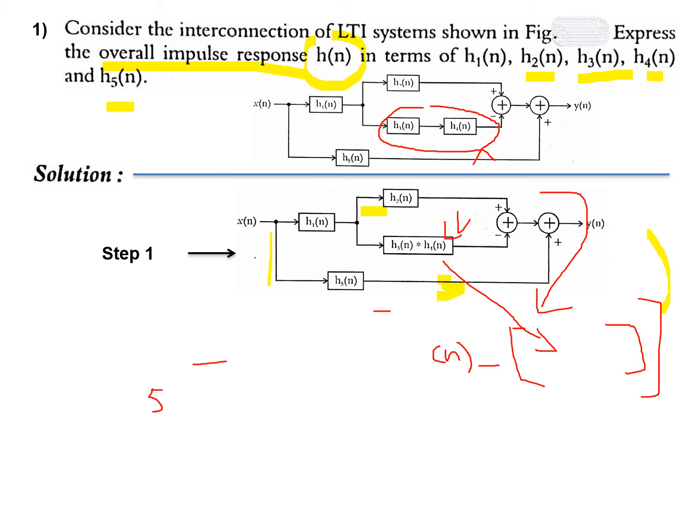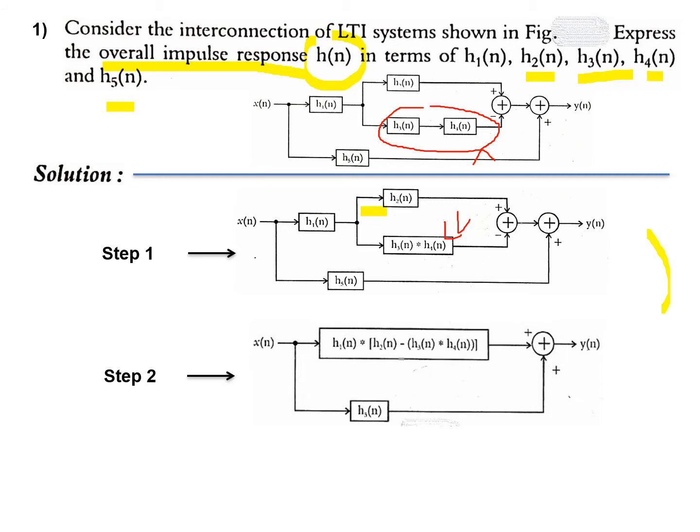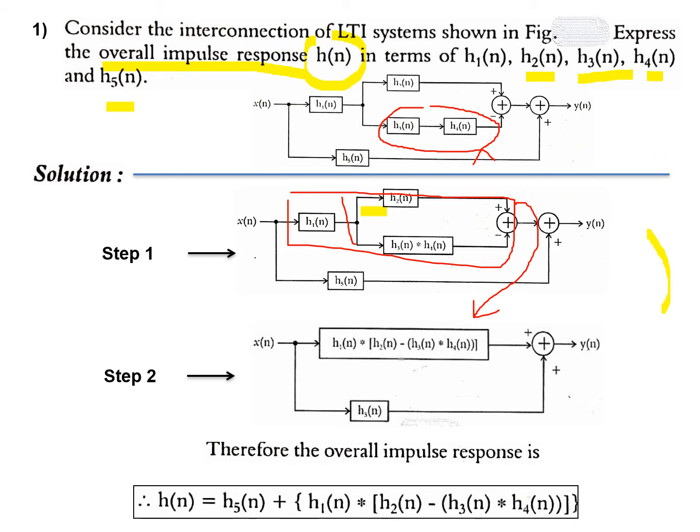That's what I'm going to do in the next step. Next step, what I'm going to do is step 2. What I did is I actually clubbed this much, this much I told you, is replaced by this. See, this and this much are in cascade. Now these two are parallel, so they will sum up. So now I'll write the final equation straight away instead of wasting much time. This is what I wrote initially also, same thing. So it's a very simple step actually.